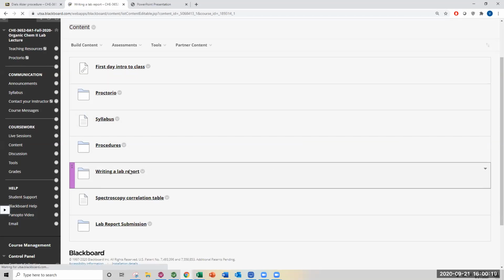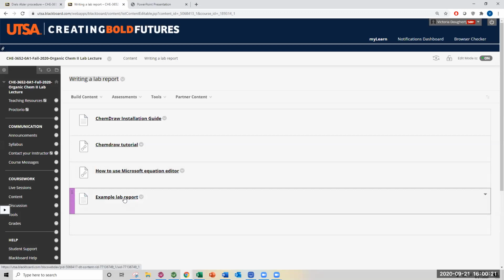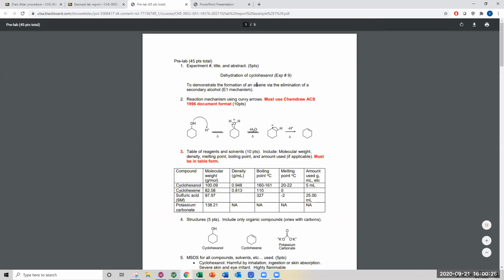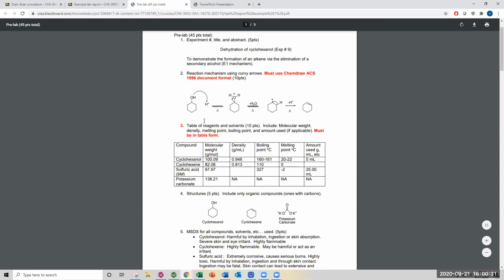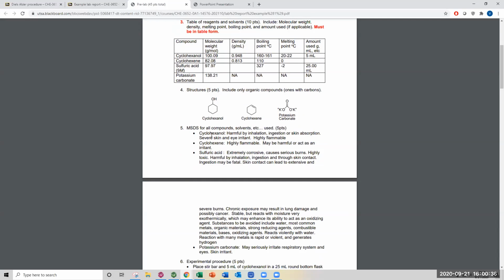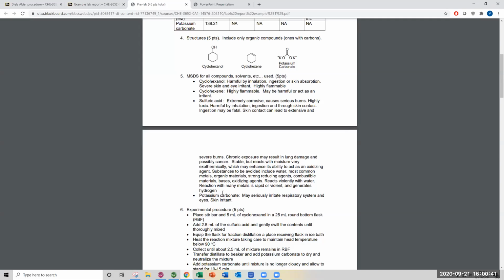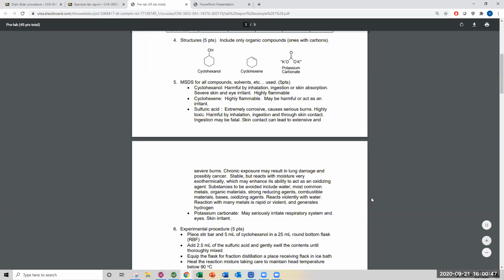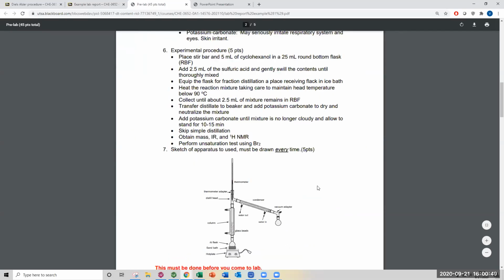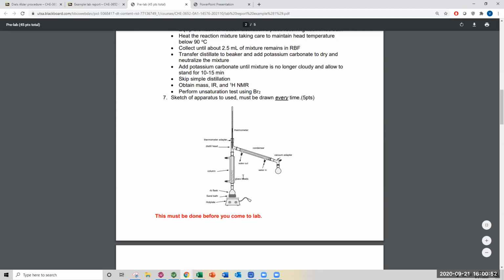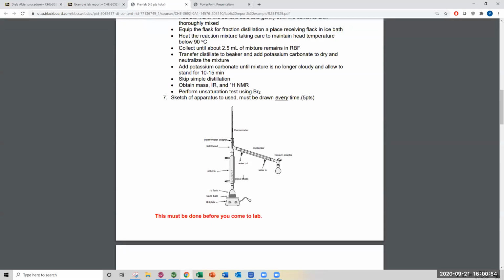But one of the things that I'd like to point out to you guys is there is an example lab report on Blackboard with a rubric that shows you basically what I want for each section, the format that I want, okay? The MSDSs, where you guys just basically can find these compounds using a variety of sources. And the experimental procedure, which is straight out of Blackboard, the apparatus,